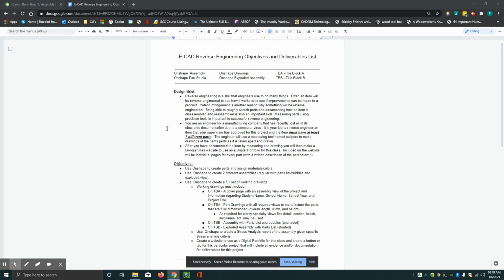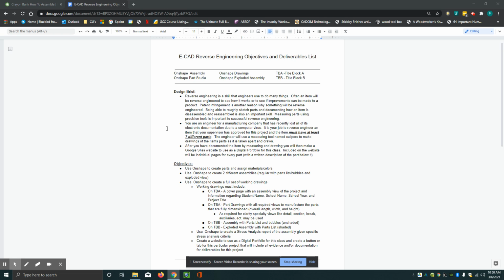So on TBAs, you're going to create a cover page with an assembly view of the project and information like your name, the school's name, the school's year, and the project title. On TBA also are going to be part drawings that are going to be required